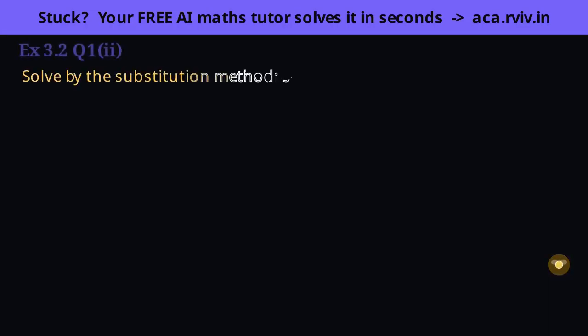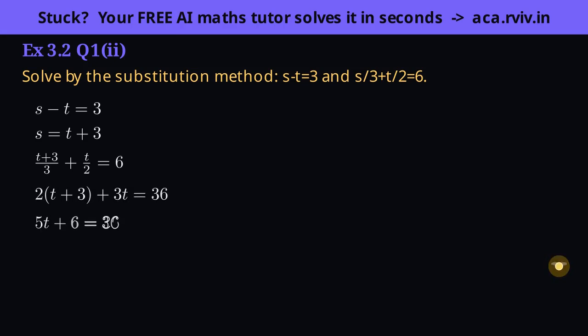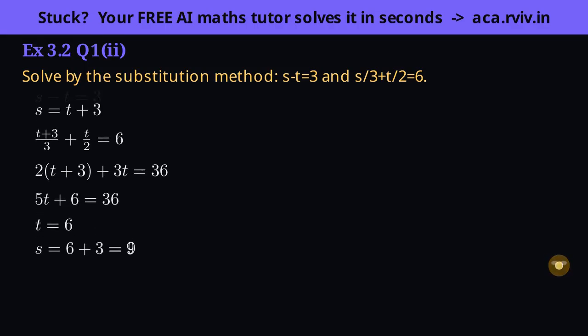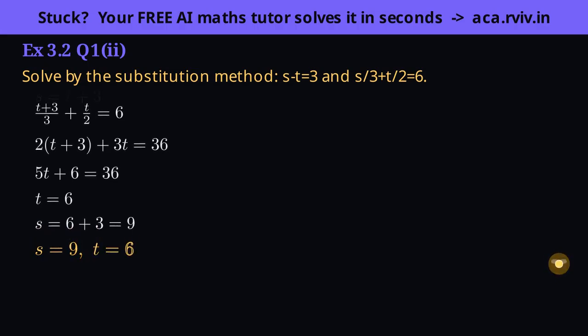Clear the fractions, and it's plain sailing. Set up: the first equation is clean, so solve it for S and substitute into the fraction equation. Isolate S. Substitute into the second equation. Clear fractions by multiplying every term by 6, the LCM of 3 and 2. Multiply out and combine. Solve for T. Back substitute for S. Insight: multiplying through by the LCM sweeps away fractions, so the algebra stays simple.